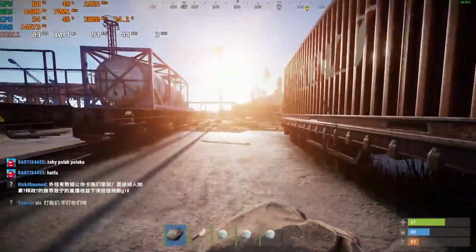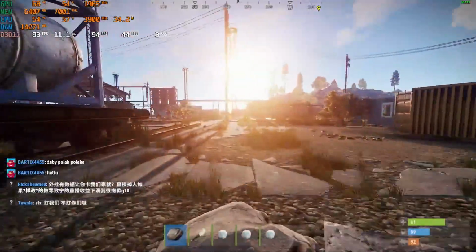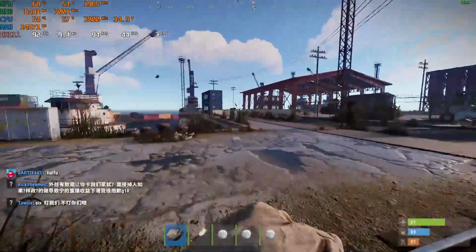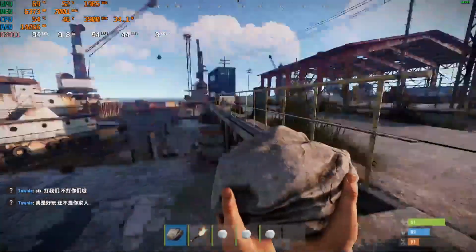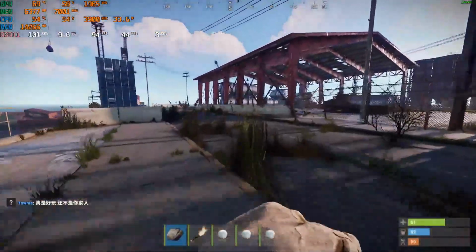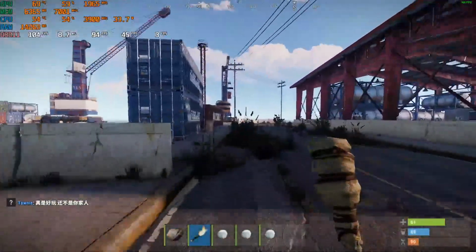When in a monument, such as harbour, the FPS stays reasonably steady about 100 and doesn't drop below 90. There's not much else to say about the FPS at harbour, apart from the fact that Rust is also, in